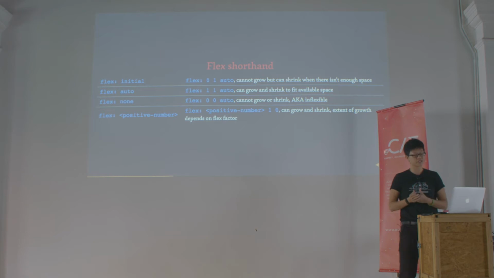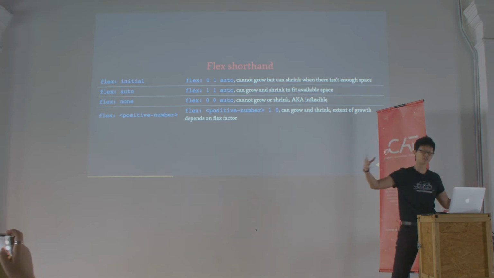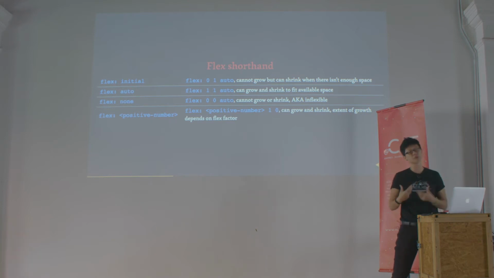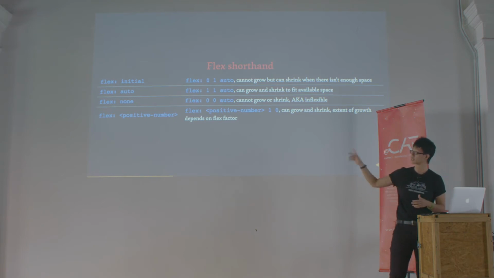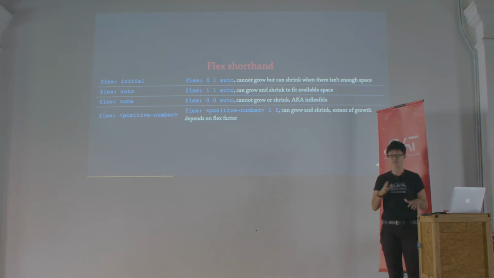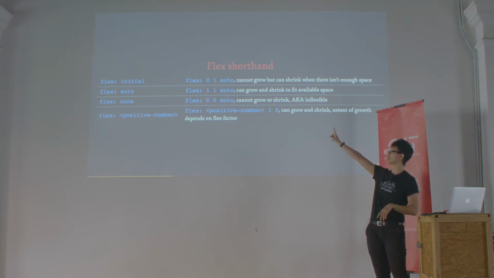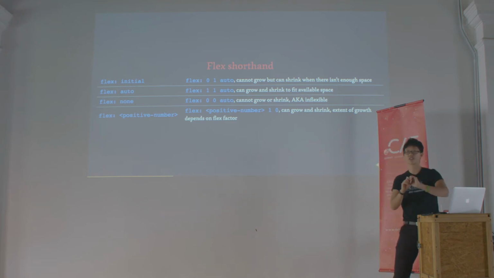So when it comes to flex children, a key property here is flex. It's strongly recommended that we use the flex shorthand rather than each of the individual flex longhand properties. The first value is for amount of growth, the second value is for amount of shrinkage, and the third value is the initial width of the child before any free space is distributed. So flex comes with some handy keyword values, as you can see in this table. And if we don't set the flex value on any children, the initial value is the first one, flex initial, which is 0, 1, auto. This implies that your flex child can shrink, but it cannot grow.